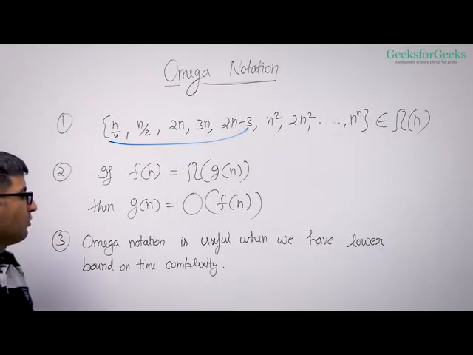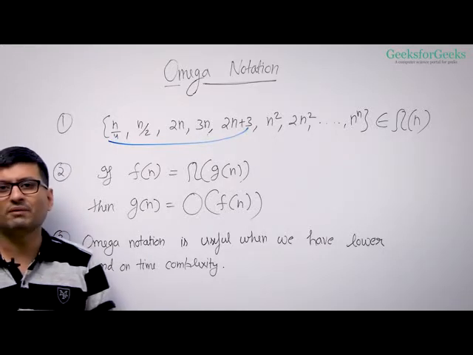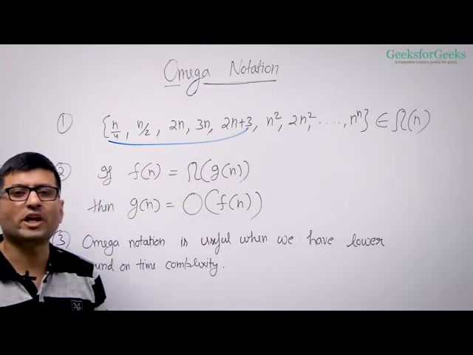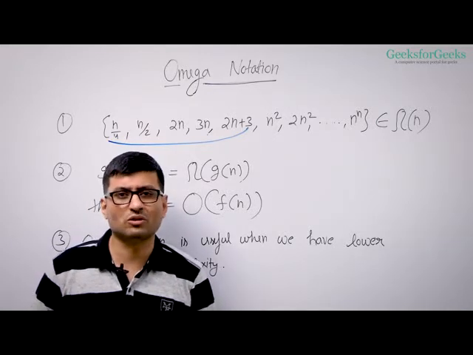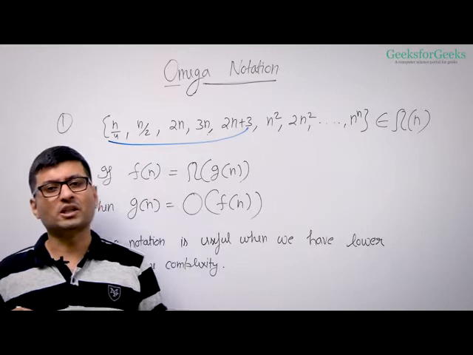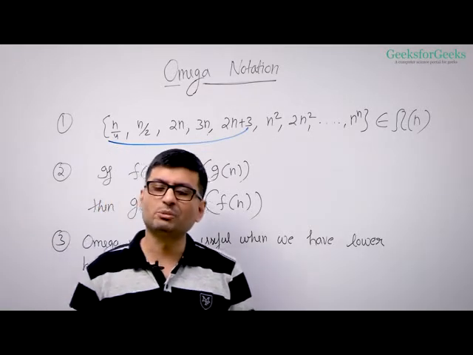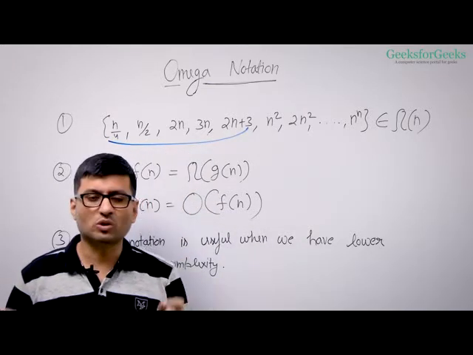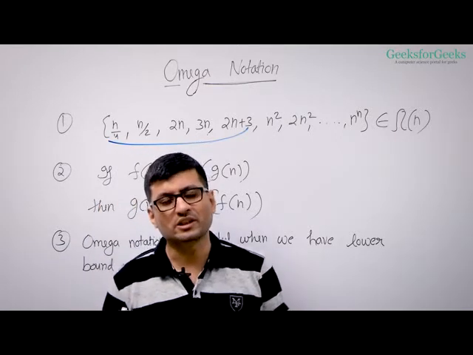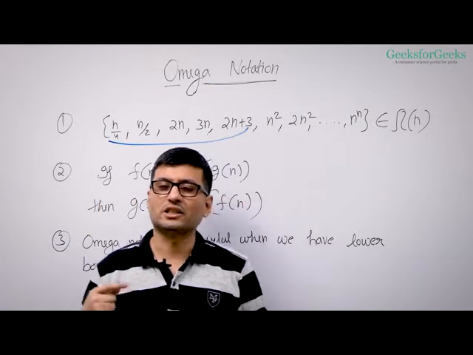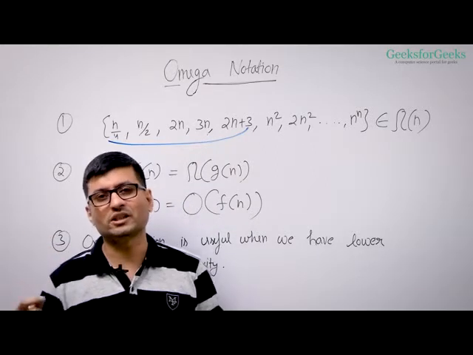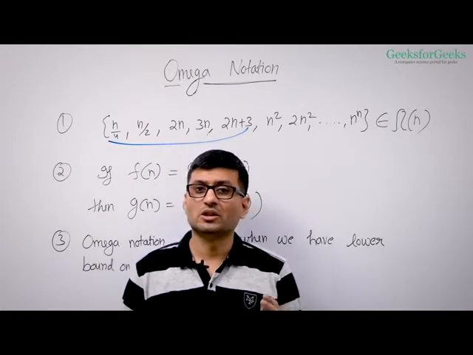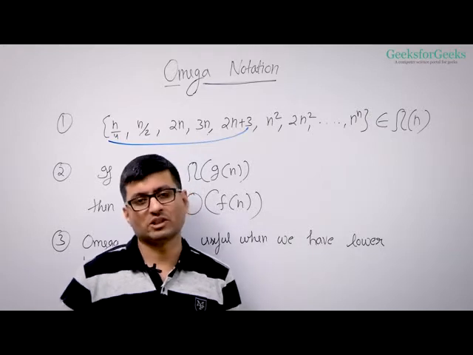Now the third thing: omega notation is useful when we have a lower bound on order of growth. In algorithms, sometimes you have a lower bound on the time taken by the algorithm. For example, consider an n-player game which keeps running in an infinite loop while players are playing. This game's code runs a loop for n players, initializes their scores as 0, asks them for the next move, and when any of these players quits, the game is over. Now, what is the time complexity of this program? There is no upper bound; it keeps running as long as the players are playing.